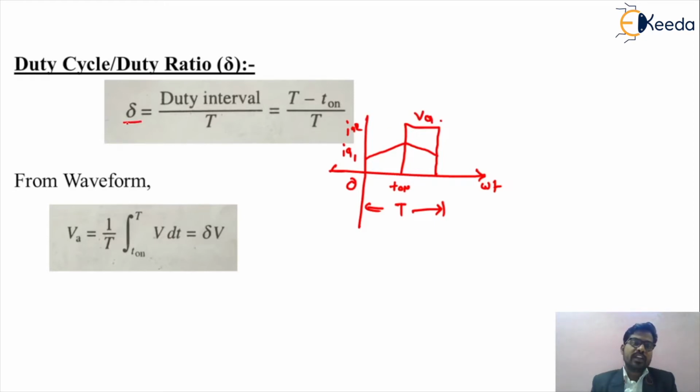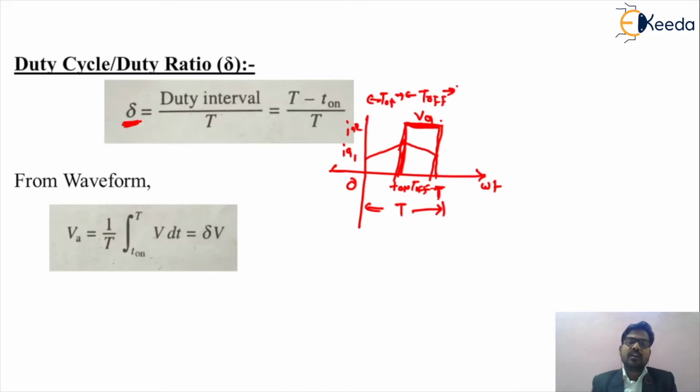So friends, what do you mean by the duty cycle or duty ratio? The duty ratio is the duty interval. For that particular period, this will be the time period T. So what will be the duty period? We are getting the output VA in the duty interval between T minus T1, because T is the total time period and T1 is the on period of your chopper. That remaining period is called the T off period. So this period is T on, and this will be the T off.